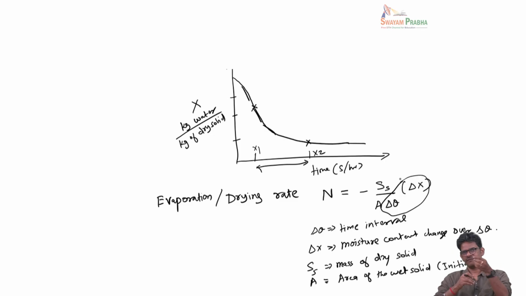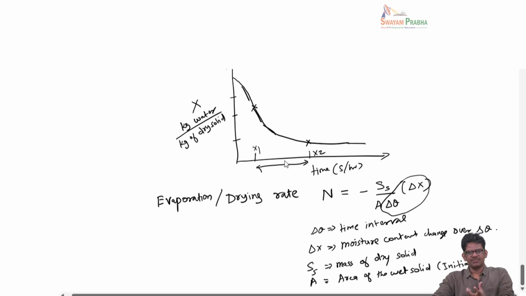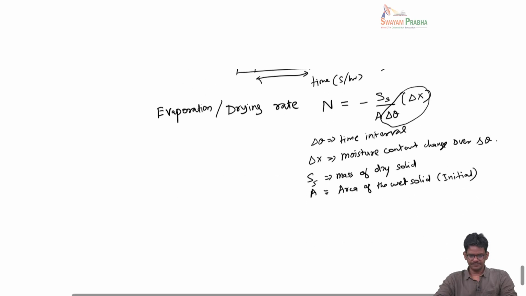From the slope I can find the drying rate. Okay, so thereby I can eliminate time. I can relate only the moisture content and the rate of drying. Okay, so when we do that,